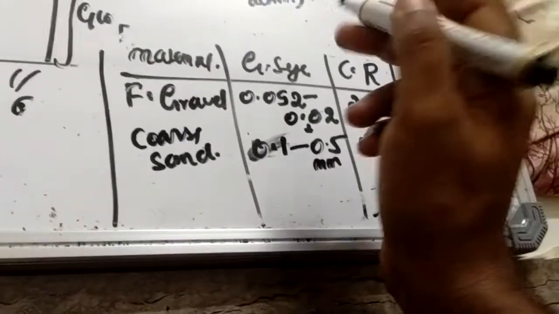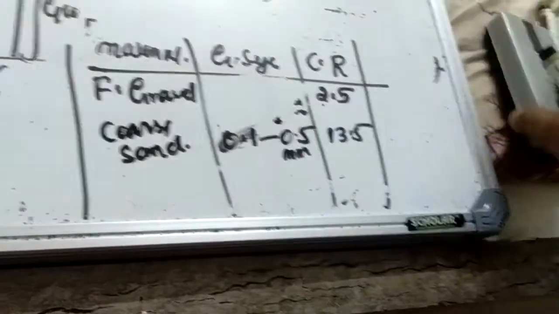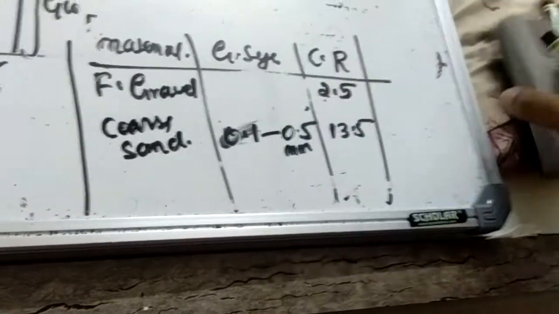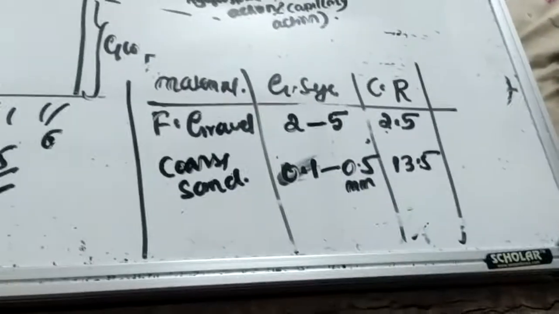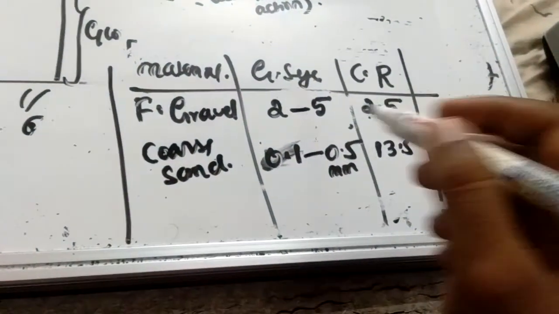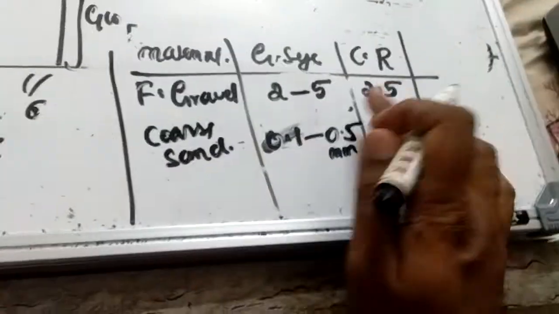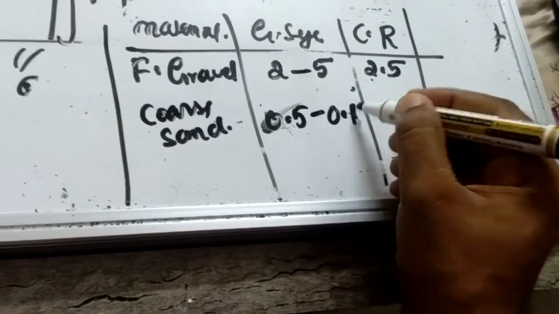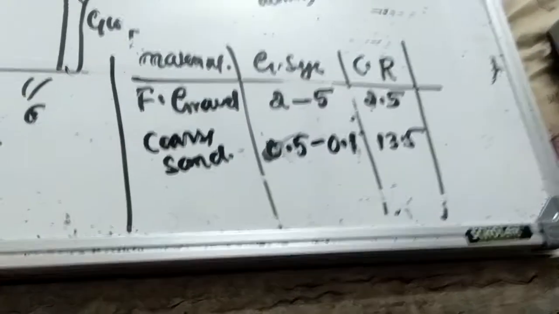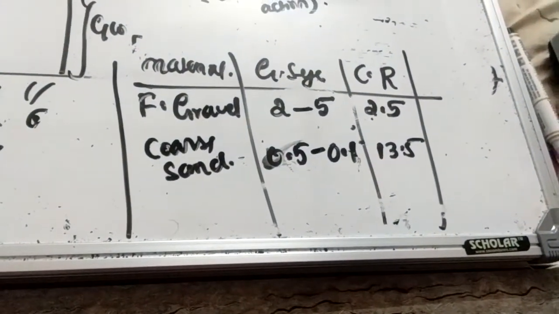I'm sorry, I made a mistake here, and let me correct this one. The grain size is 2 to 5, sorry, make it 2 to 5, and coarse sand grain size is 0.5 to 1. Let me read this again. So fine gravel is 2 to 5, and coarse grain is 2.5,